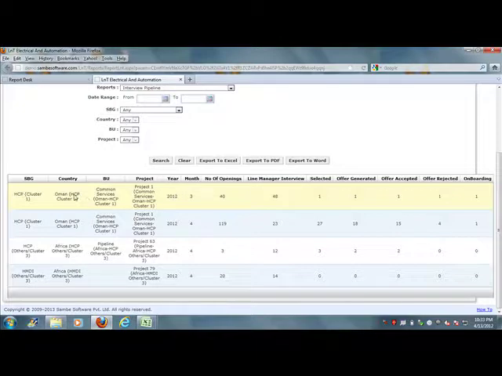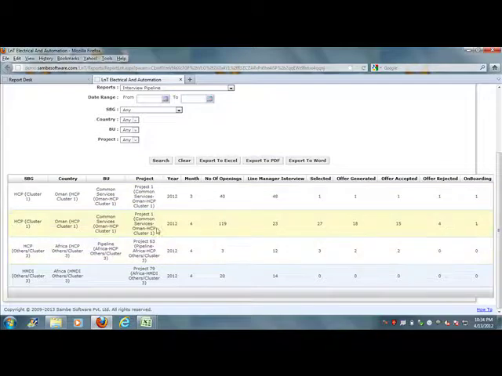Under a particular opening, the line manager interview count is shown. Under the line manager interview, the number of selected candidates is 1. One offer letter has been generated, 1 has accepted the offer letter, 1 has rejected the offer letter, and 1 onboarding has been completed.